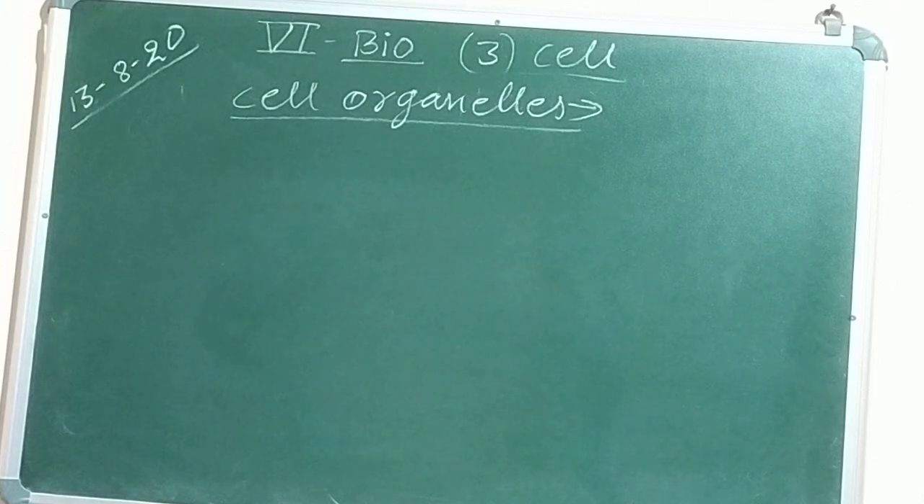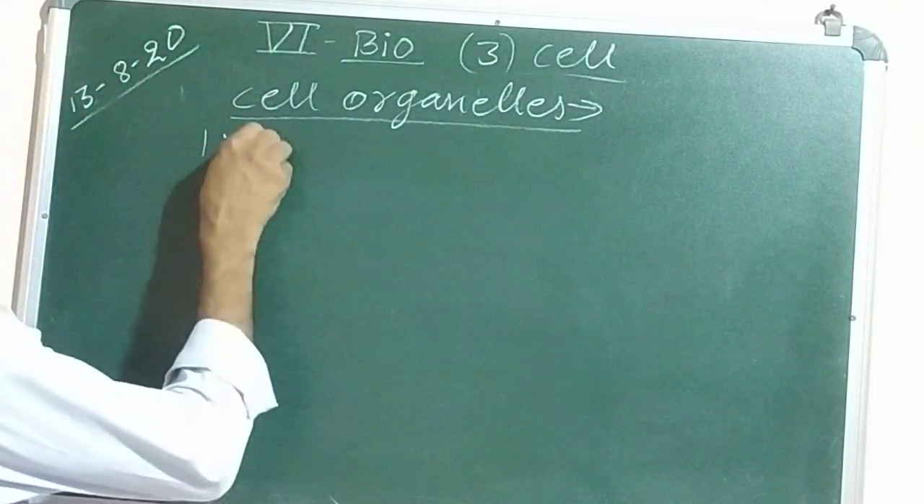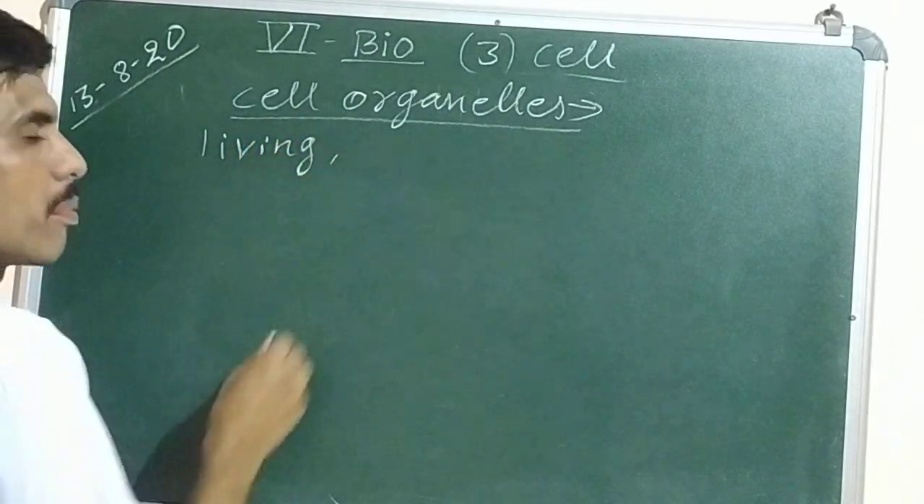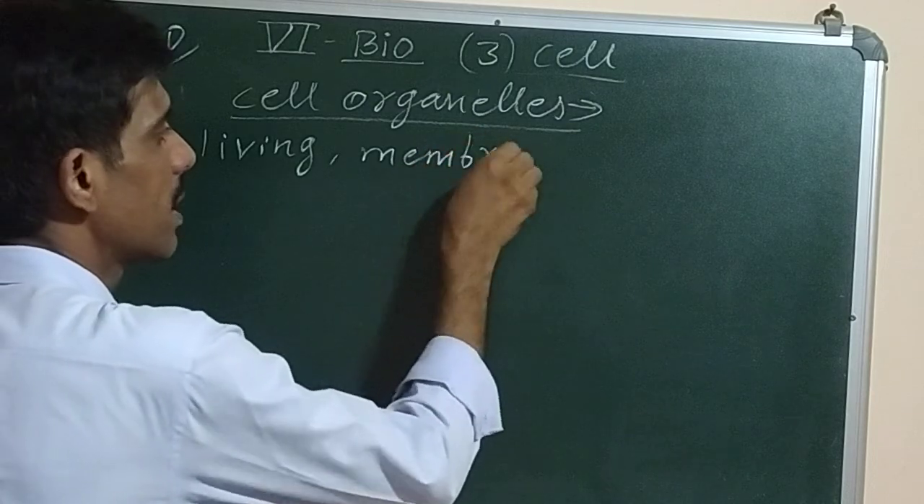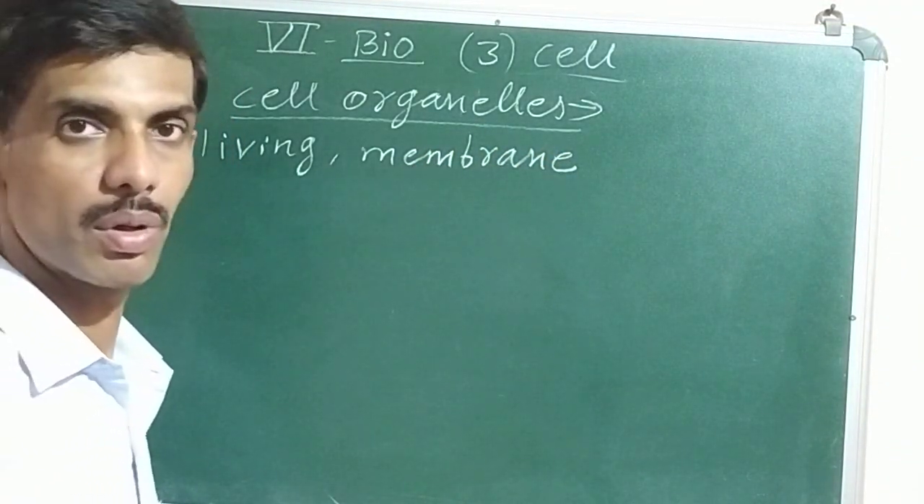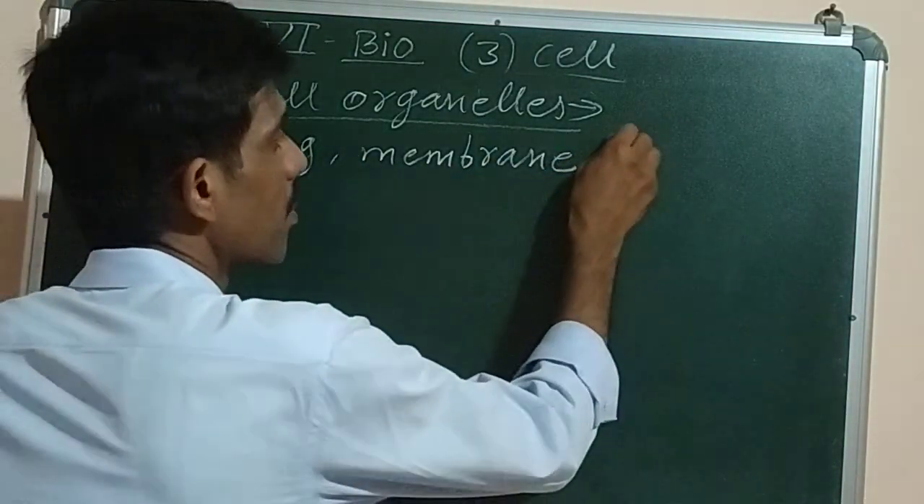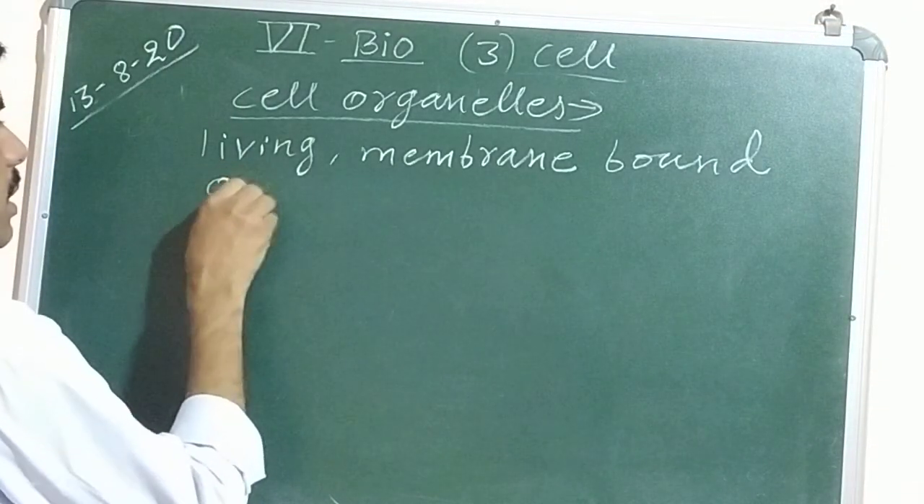Okay. So next topic is cell organelles. What are cell organelles? Cell organelles are living, membrane bound. Membrane bound means they are covered by a membrane. Some of them even do not have the membrane also. So they are living membrane bound organs